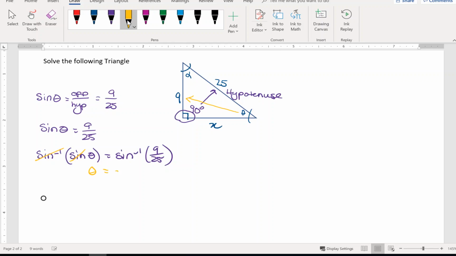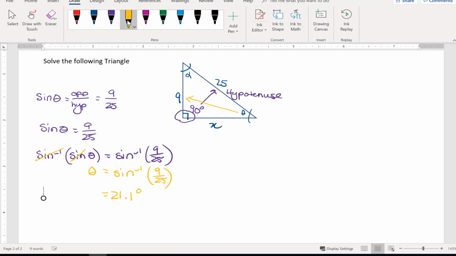So now theta is equal to the sine inverse of 9 over 25. And you would do that on your calculator. Most scientific calculators have an inverse function. So doing that, we should get that theta is equal to